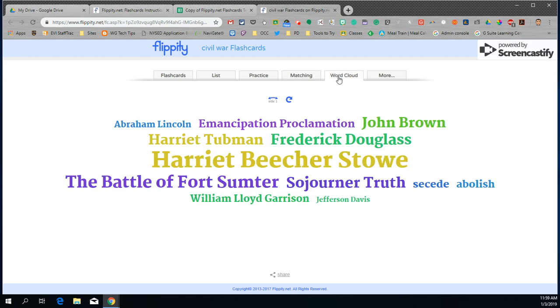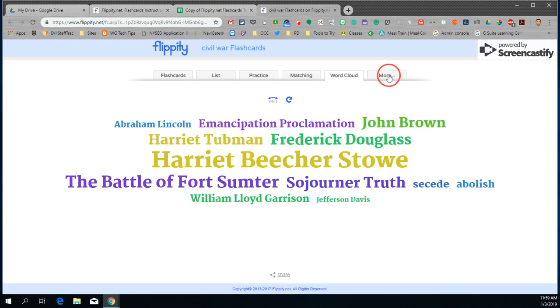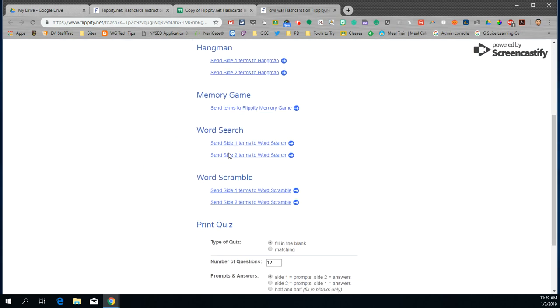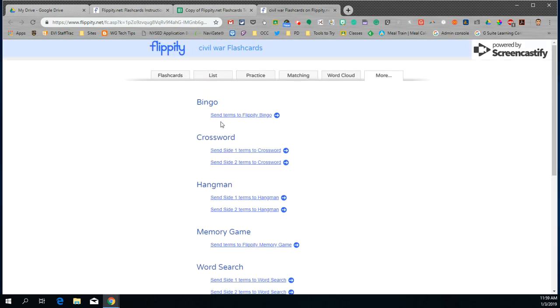If you prefer, you can make it a word cloud of all the vocabulary. That's for side one. If you want to make it for side two, you can do that as well. And there's even more. There's bingo, there's crosswords, there's hangman, there's memory, there's word searches. So you can send your Flippity flashcards to other Flippity activities and import your data into those activities. So if you wanted to make a crossword, for example,